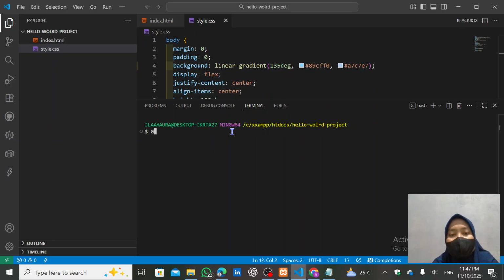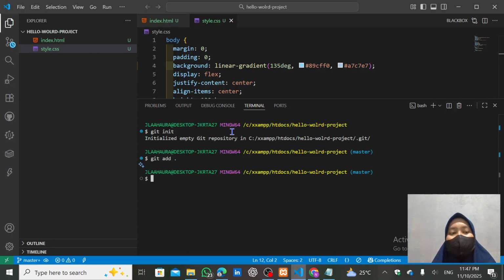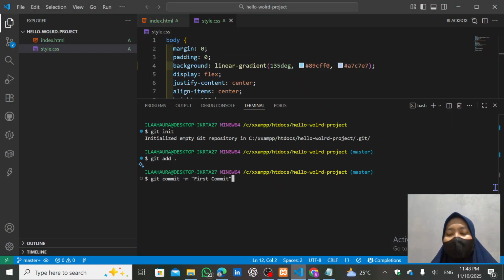Then I run git commit -m first commit, and now I enter.